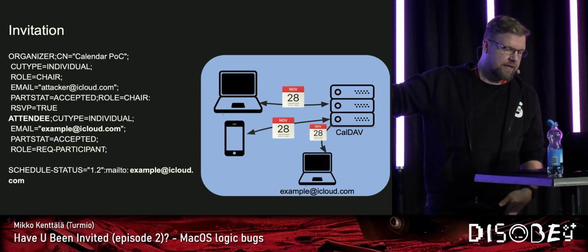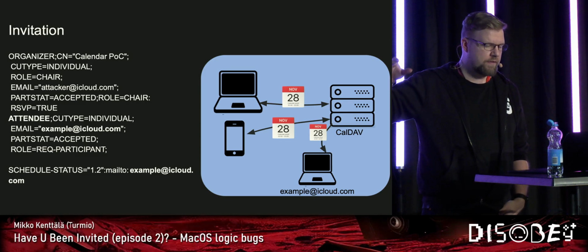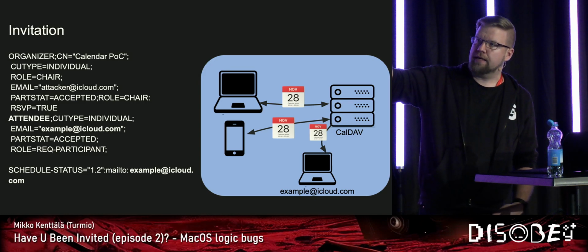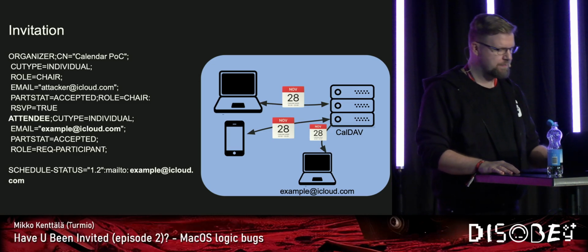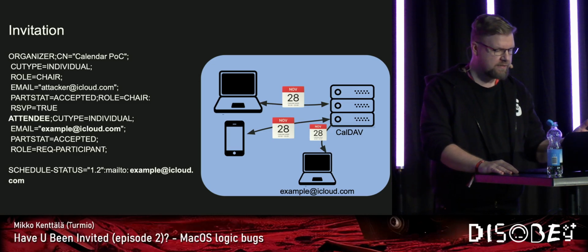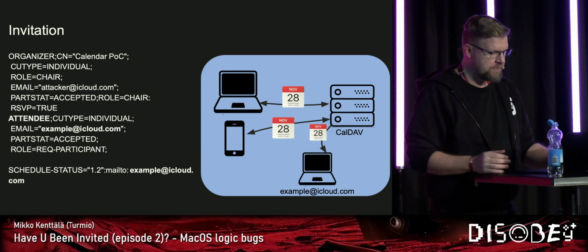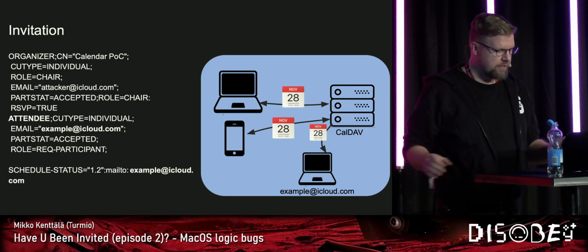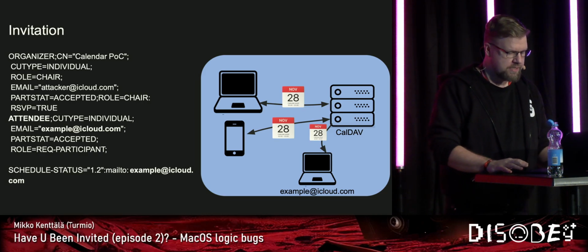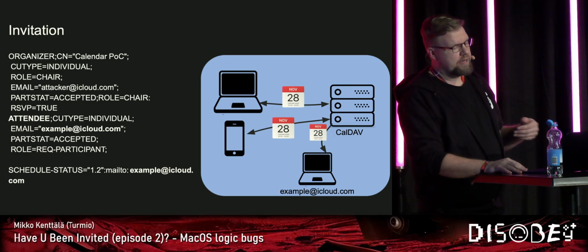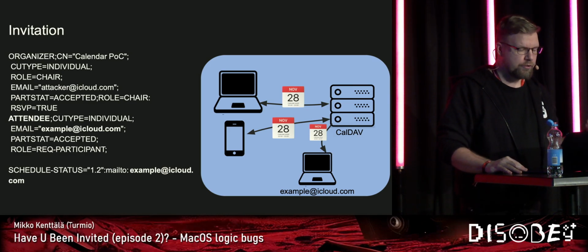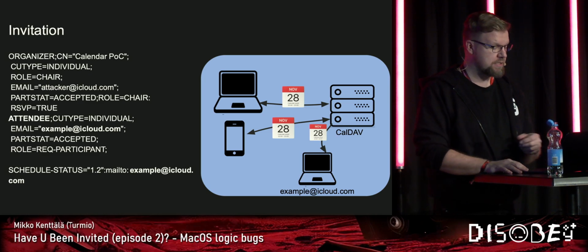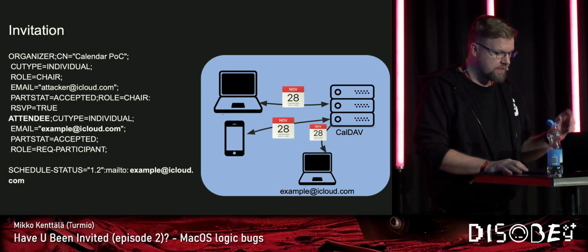This is how it looks under the hood. So if you have a calendar event, it looks something like this. You don't need to keep an eye on all the details, but you get some sort of idea. It's a plain text protocol. There's an organizer, there's an attendee, email addresses, and so on. So when you are exchanging a calendar invitation or adding something to your own calendar, it includes information like this. These are event information.